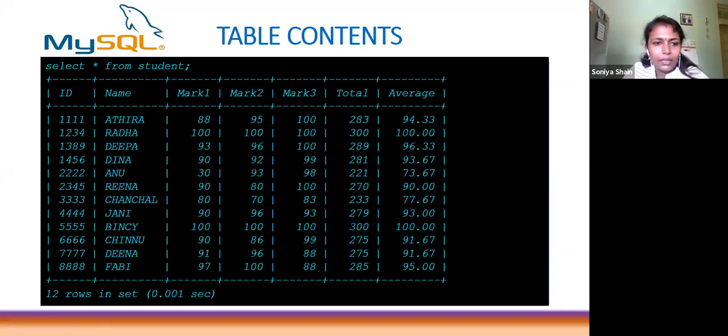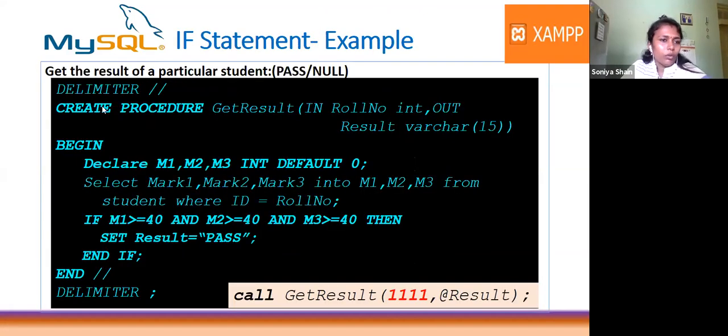So let us see the program. I am implementing this using a stored procedure. First, I already told you the use of the delimiter: inside the program we are using semicolons for executing other statements and queries, so it would get confused by the termination of the statements. So we have to change the delimiter, that is the termination character. Other than semicolon, I set it to double slash. Then create procedure, which is the syntax for creating the procedure.